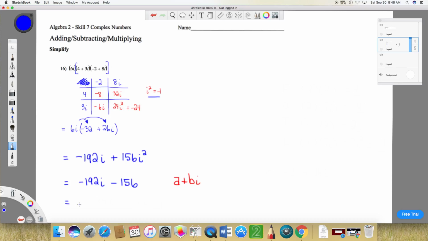So this negative 156, and see here it says addition, but we're subtracting, and that's okay. We don't get that technical. We could write this as plus a negative 192, but you don't need to do that. So this is our final